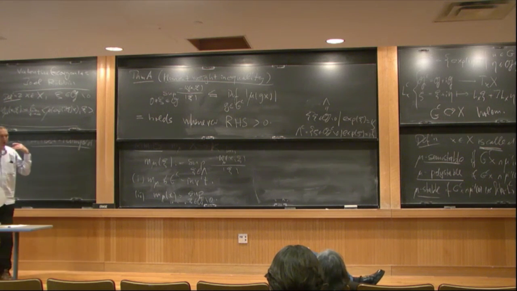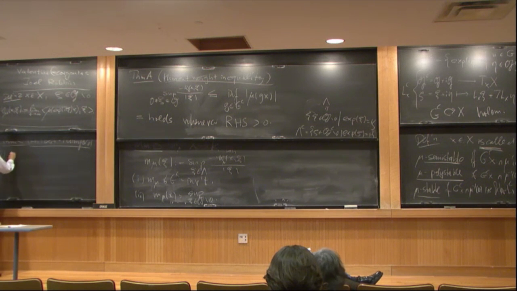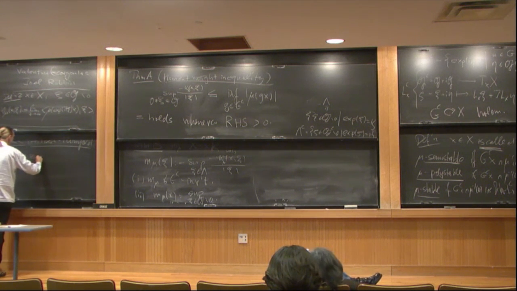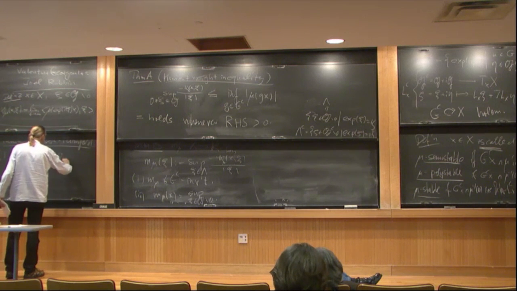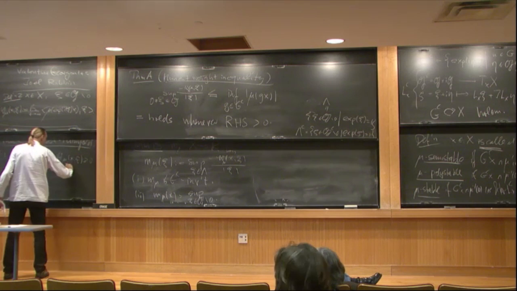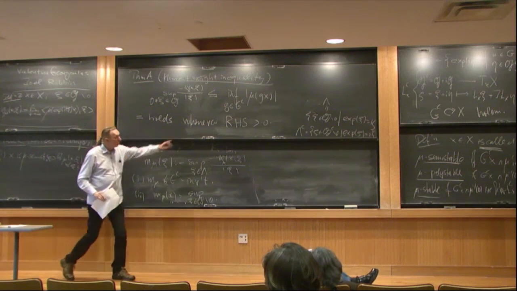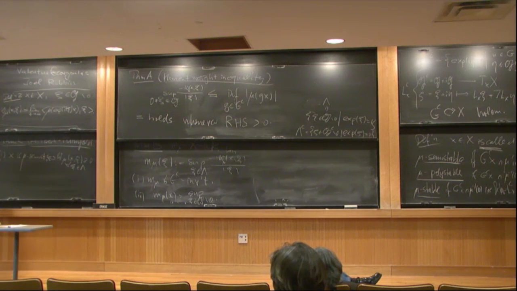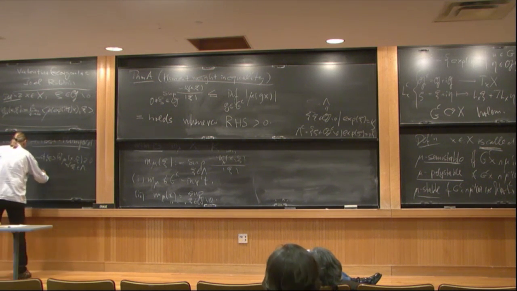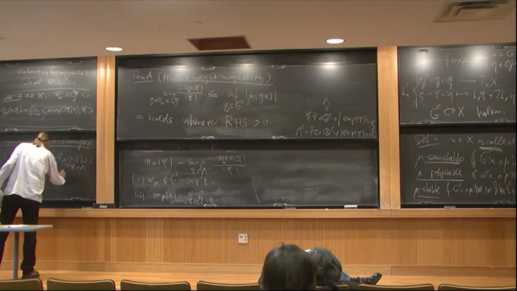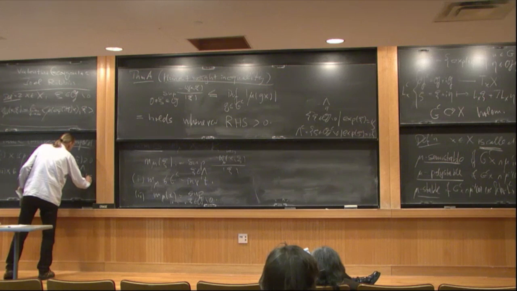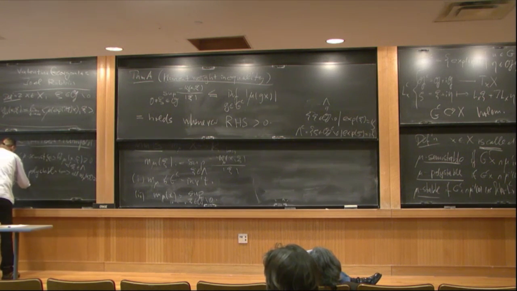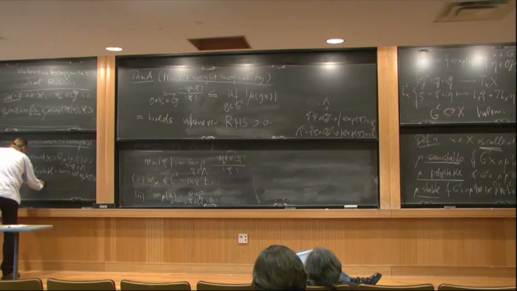It's a characterization of semi-stability, polystability, and stability, and it says X is mu semi-stable if and only if all the weights are bigger than or equal to 0. So i.e. W mu of x psi is bigger than or equal to 0 for all psi in lambda. And here the restriction to this space of one parameter subgroups is very important. The second is that X is mu polystable if and only if, first of all, this condition is satisfied. So all W mu of x psi are bigger than or equal to 0. And in addition, that if the weight W mu of x psi happens to be 0,